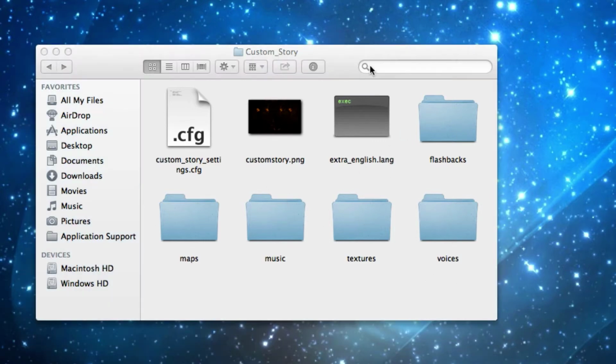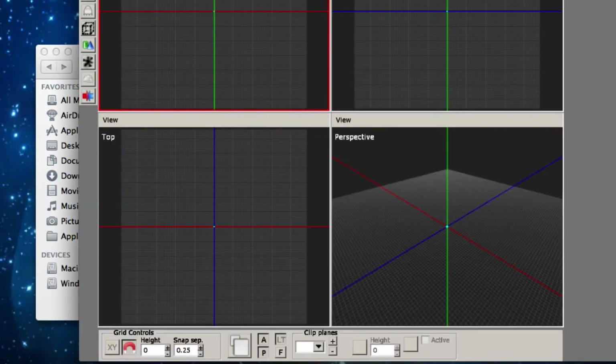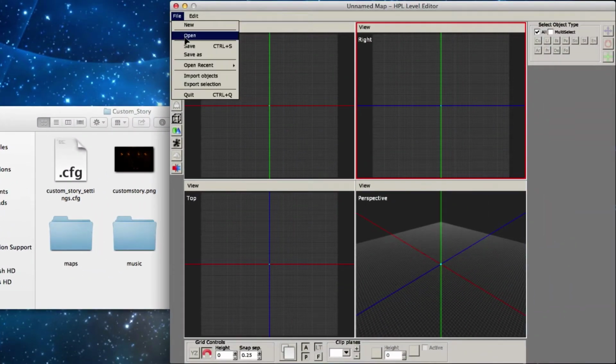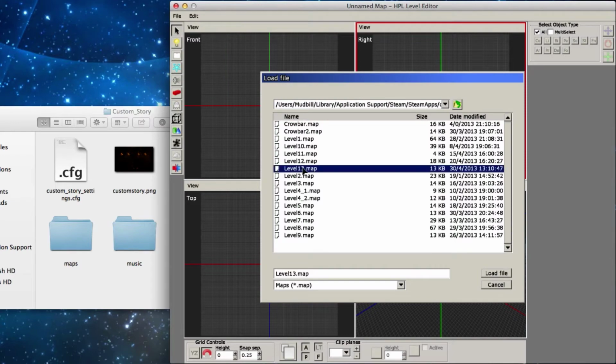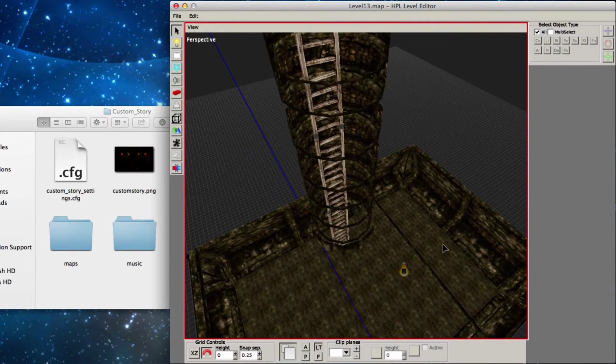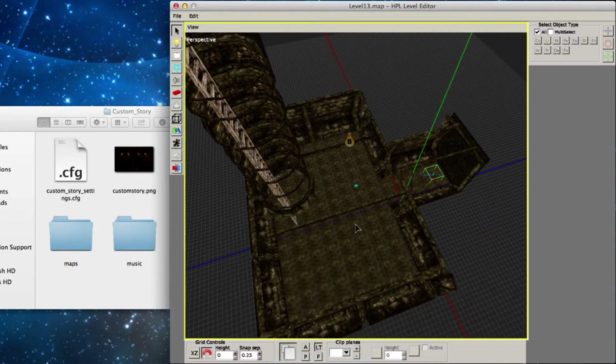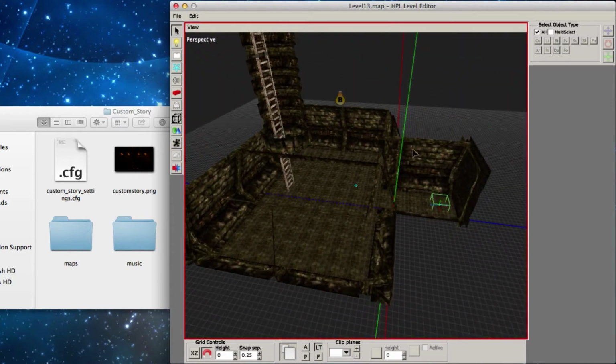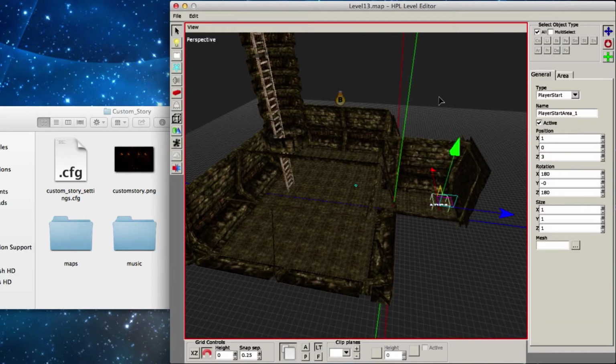Let's just start by opening the level editor. I have it here. You should know where to find that. I'm going to open the map that I prepared. It's basically the same as in the example, except I stripped it of all of the things. So all we have now is just a room with a light and a spawn point.